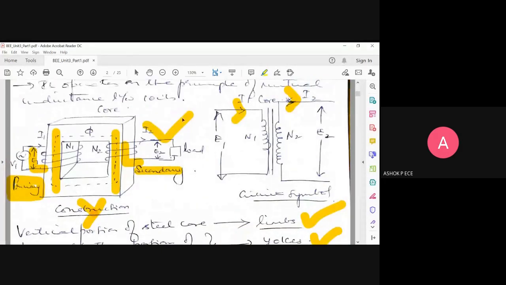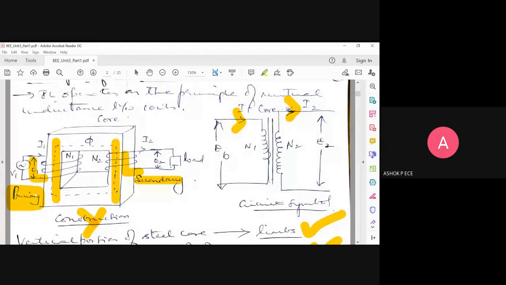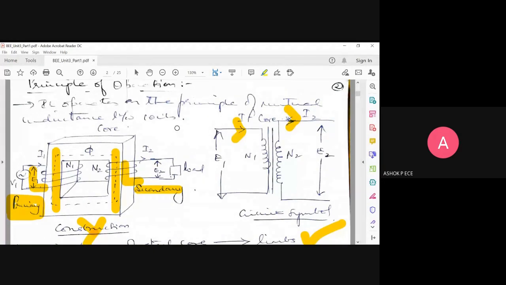And I told you in the beginning, a transformer is an alternating current or alternating voltage device, and a transformer will not work for DC. Can anybody say why a transformer will not work for DC? In AC voltage, there is a change in polarity. That's when magnetic flux is created. What happens in DC? DC frequency is zero. Then what is the impact of frequency being zero in your circuit? Magnetic flux is not created.